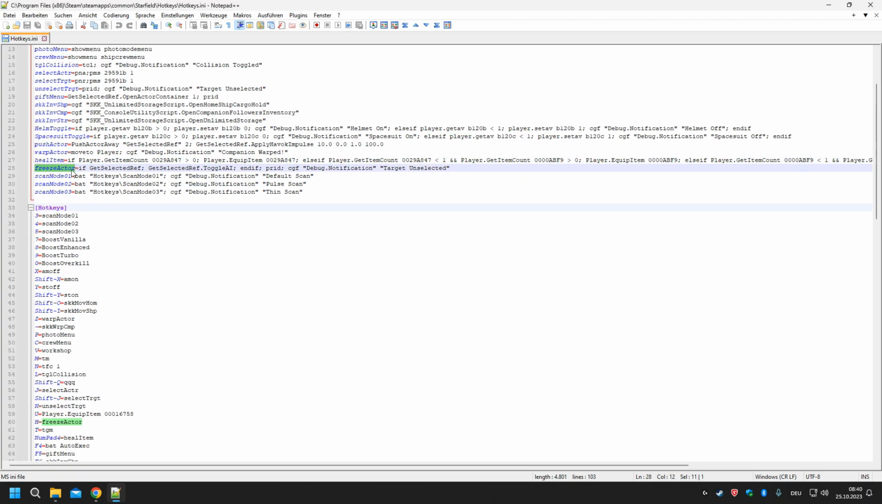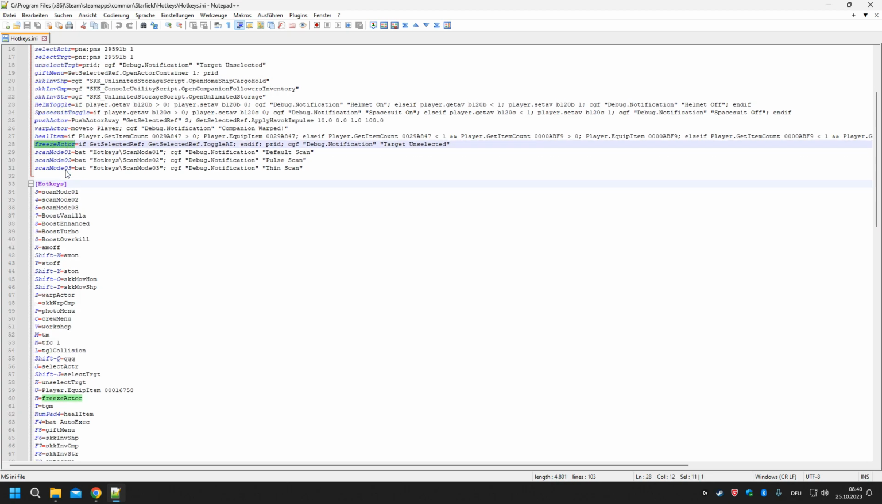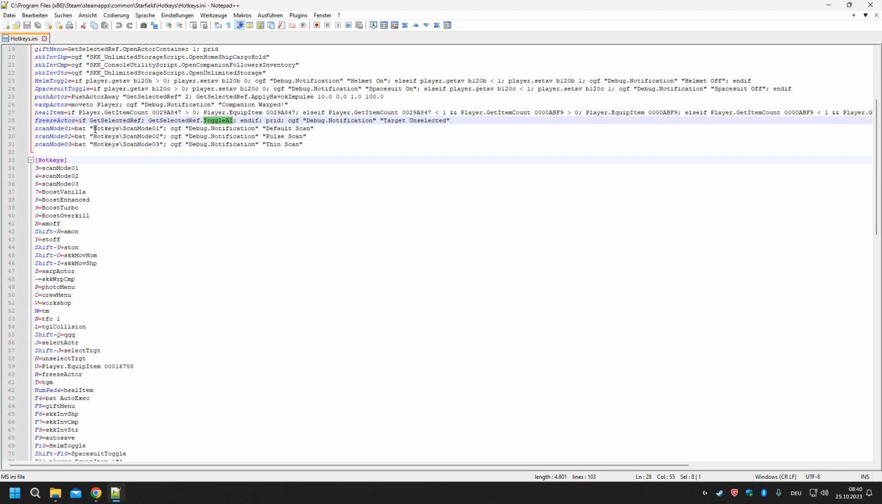You can freeze an actor, though I don't realize right now. Oh yeah, that's what I'm using in my nail mod. So get selected ref toggle AI. It makes it so that actors will freeze in place, and then it mimics the behavior of having them nailed to a wall, for example, if you drag them to a wall before. And that's a thing that I'm